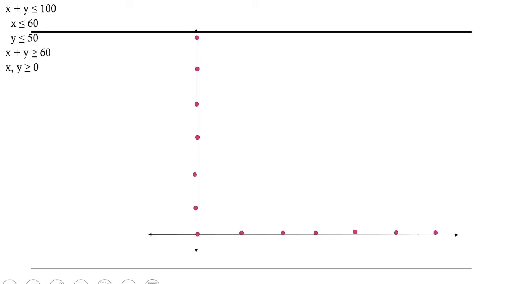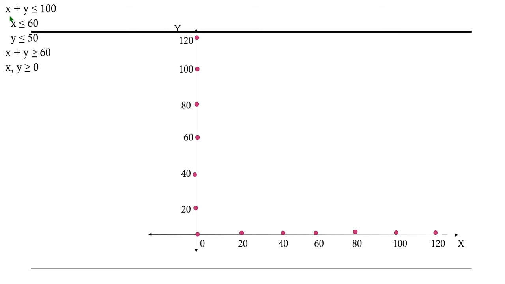So next we have the constraints. We take a graph sheet, draw the x-axis and the y-axis, mark X'OX, Y'OY and then the points. On the x-axis I have taken 20, 40, 60, 80. In your graph sheet you can take 10, 20, 30, 40 like that, because here I don't have space. Similarly on the y-axis also. Now drawing these lines is quite simple because the equations are x plus y equal to 100, x equal to 60, y equal to 50 and x plus y equal to 60. I am doing it directly since we have done so many problems. Please refer to my other videos.